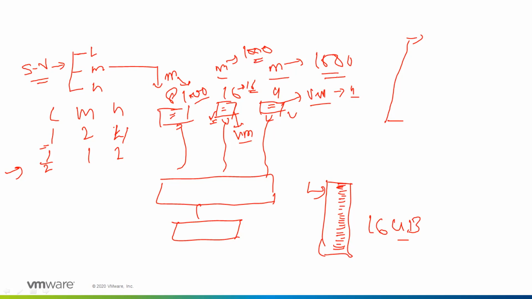It is just a share value, it is not your memory value. So how can I differentiate this? What you can do is define the share value for the second VM as high,